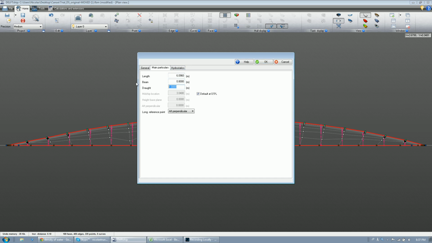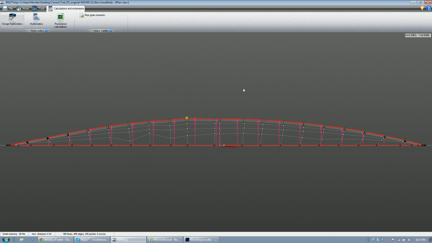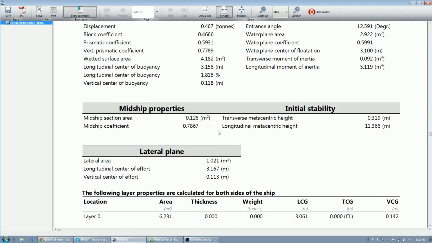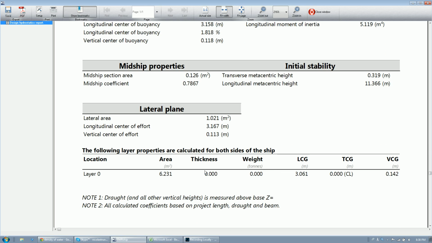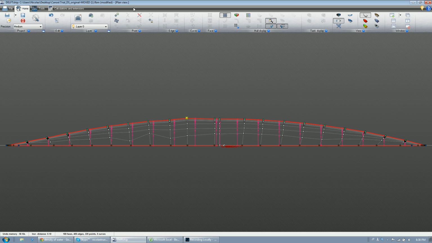And then for your draft, as of now just put 20 centimeters, but we're going to change this not too long from now. After that, you should be able to go in your design hydrostatics, and you can see that you have some information, but you're still missing a bunch of it. So before